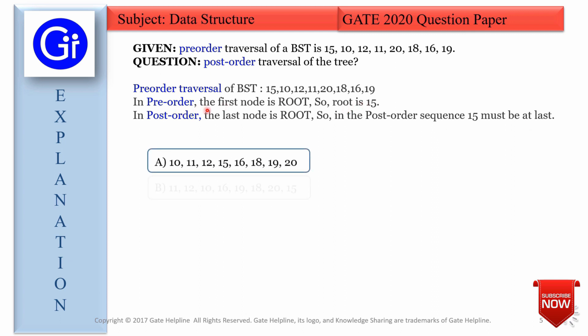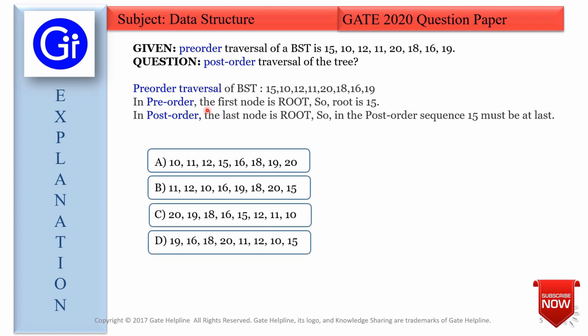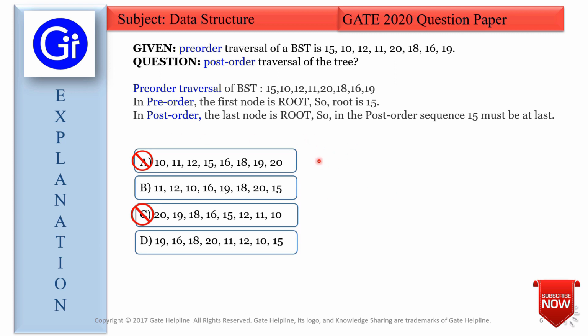So straight away, for the options A, B, C and D, we can check the end. 20 is there, so this is not our option. 15, yes, it may be a suitable candidate for the answer. 10, no. 15, it might be the correct answer. So friends, options A and C are directly out, and we are left with B and D. This kind of approach you need to take in the exam.